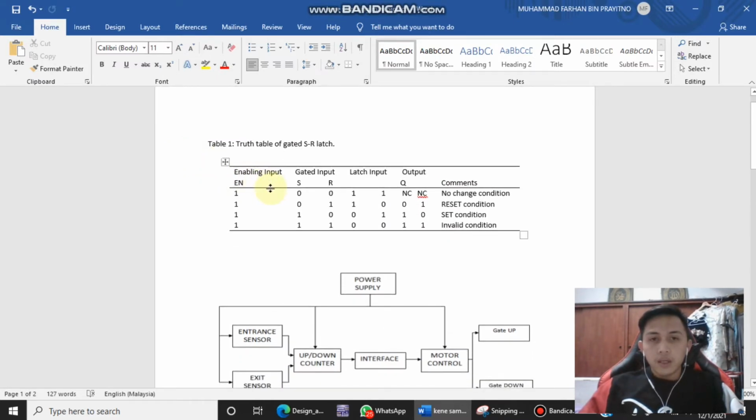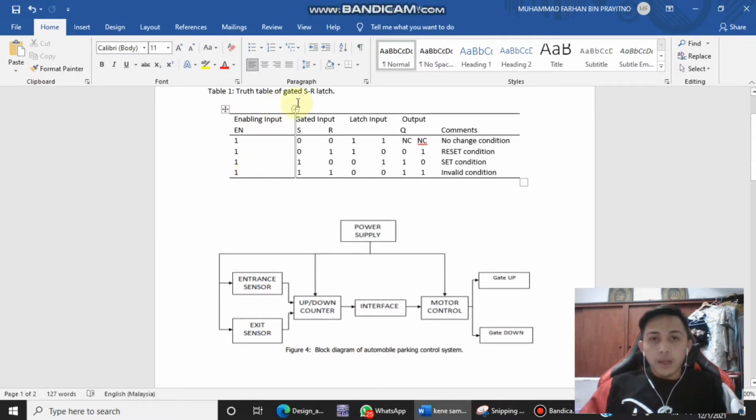As you can see here, this is our truth table of the SR latch. The enabling input is 1. There are two gated inputs, which are S and R, where S and R, as you can see, are 0,0, 0,1, 1,0 and 1,1. The latch inputs are also two, so the latch outputs are 1,1, 1,0, 0,1 and 0,0. This is the output